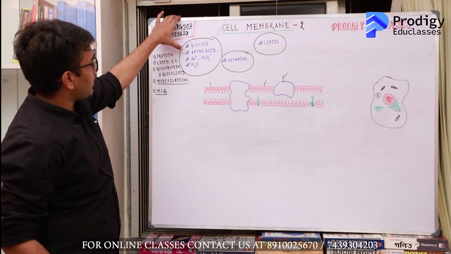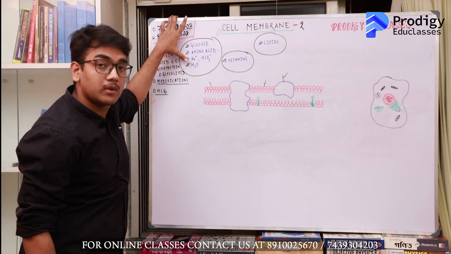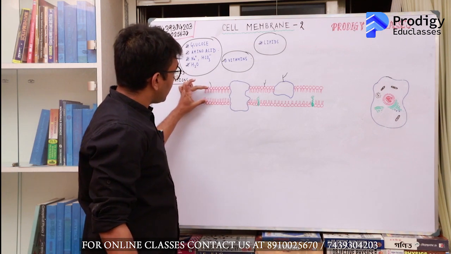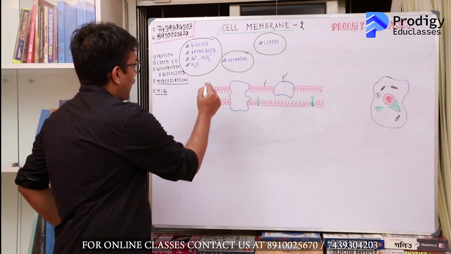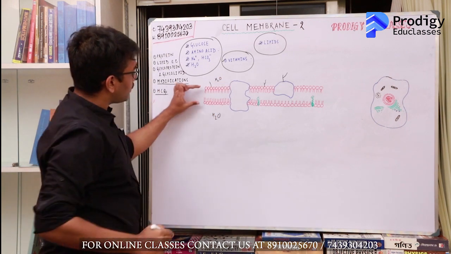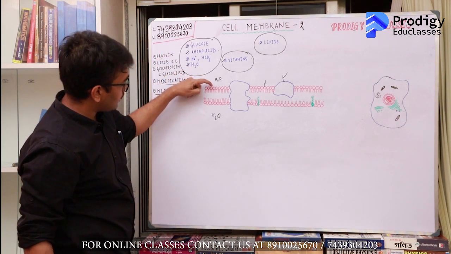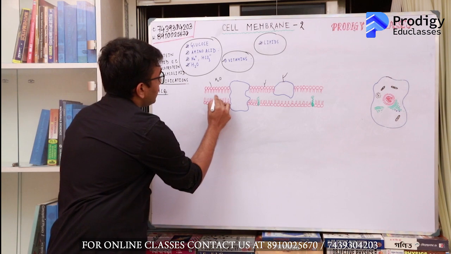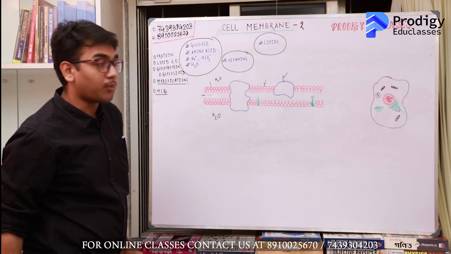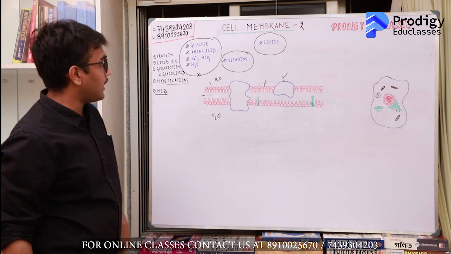Now see, glucose, amino acids, sodium and bicarbonate and water all are water soluble substances. So since this part of the cell membrane, look, this is a lipid bilayer. So outside there is water, inside also there is water, but in between the two lipid layers there is no water. So a water soluble substance, even if it comes over here, will be unstable in between. So it will not be able to pass across the lipid bilayer membrane spontaneously. All of these won't be able to pass spontaneously across the lipid bilayer membrane.